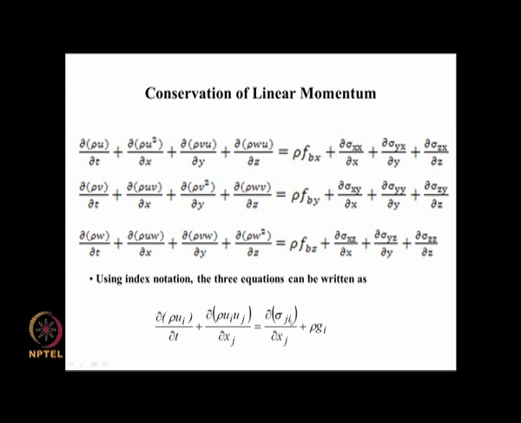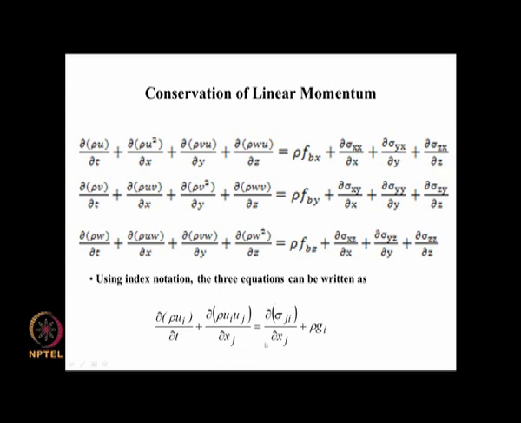So, for example, when you put i equal to 1, this has to be x here, the corresponding x component in x component. So, that i identity is maintained throughout here, but whether it is j or k, it does not matter because it is anyway going to change x, y, z like this. So, the j here is a dummy index and i is a proper index with substance attached to it. So, sometimes for convenience we put it as ∂/∂x_m of (ρ u_m u_i), it is the same as ∂/∂x_j of (ρ u_j u_i). Okay.